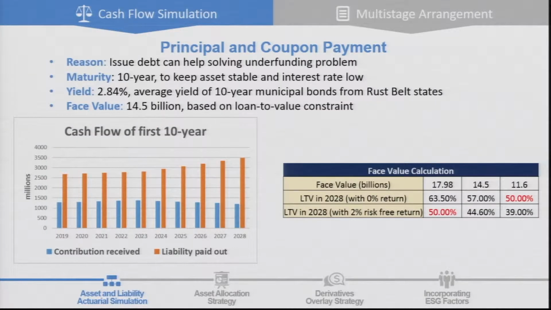For the principal and coupon payment, because expected return is higher than the coupon rate, we decide to issue debt. And we set a maturity of 10 years to keep assets stable and interest rate low. We use the average muni bond yield of Rust Belt states as our bond yield. And to calculate face value, because of negative net cash flow in the first 10 years, and we also have a 50% loan to value ratio limit, we calculate face value under a straight return assumption and decided to issue 14.5